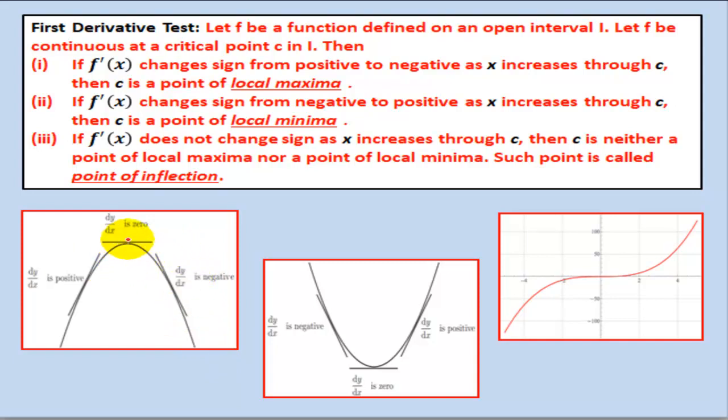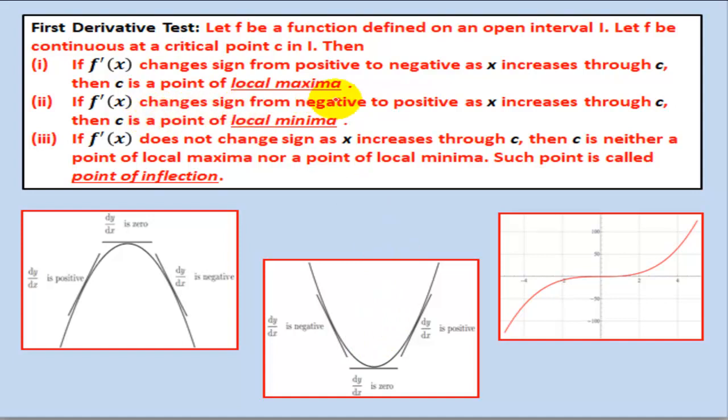So you can very well see that about this point, when we move from left to right, the sign of the derivative will change from positive to negative. That means earlier the curve was increasing and after that point it started decreasing. So it has to be a point of local maxima. So we will quickly check the sign of the derivative on the left and on the right. And if it is changing from positive to negative, we can call it a point of local maxima without even drawing the curve. Now the same holds for local minima.